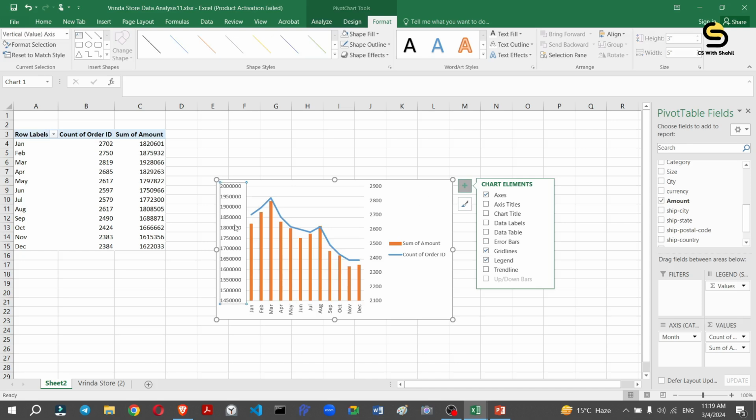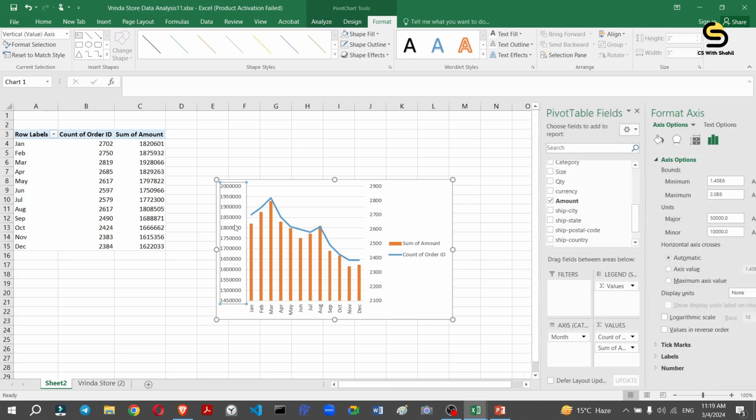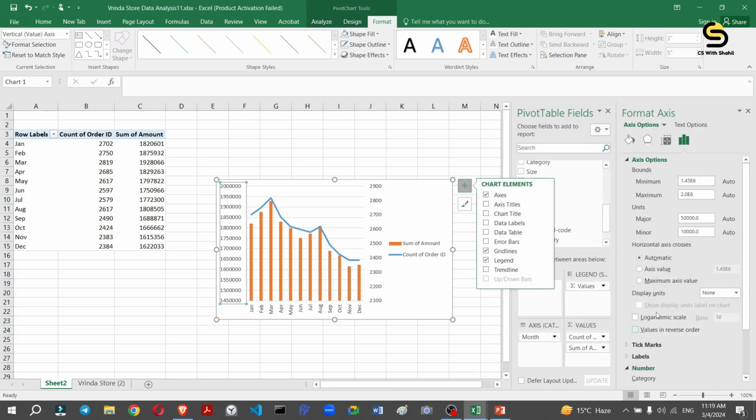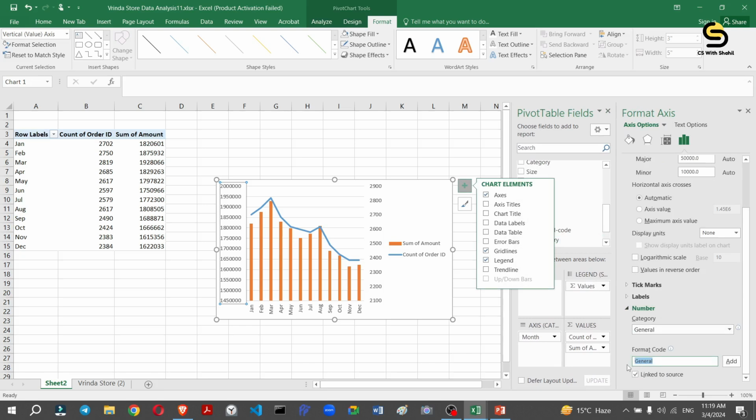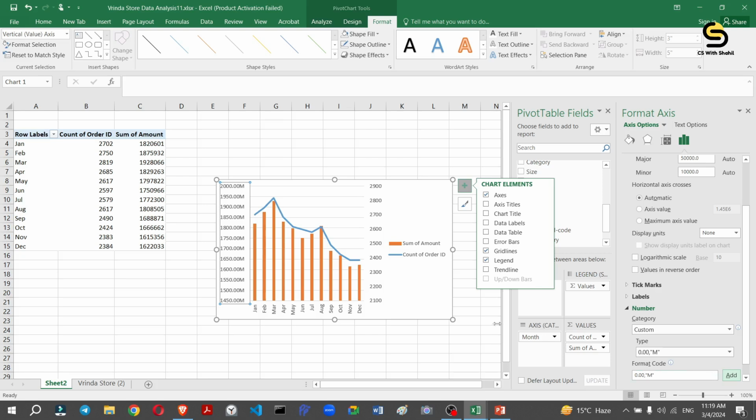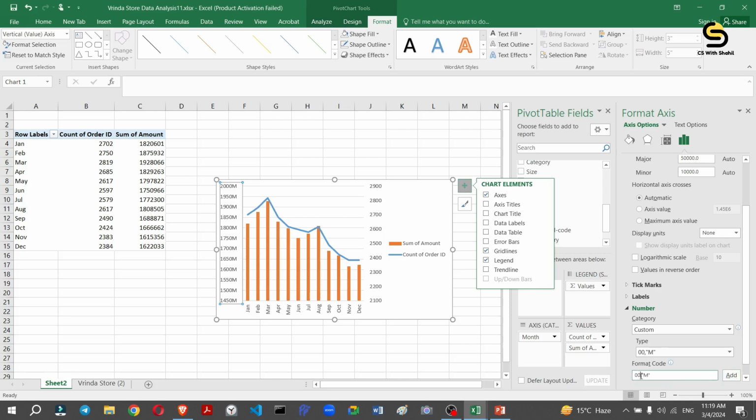So we just double click on this point. After clicking, we have numbers. Click on numbers, so we just change the number into a millions format. The million format code is 0.00, comma, m as a string, and then we just add. So we see this, they have 1200. So what we have to do, we just remove the point and again add. So 18 millions, so we just millions,